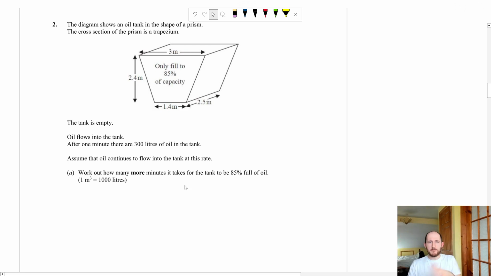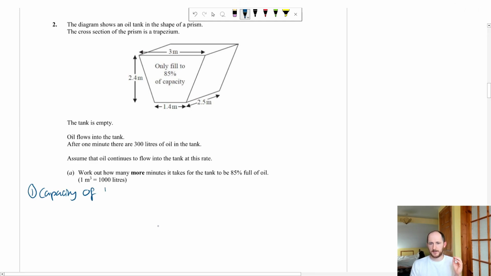Here's my thought process. I need to work out what 85% of the total capacity of this oil tank is, because if I know what that is, I can then work out how many 300s will go into it. For example, after 2 minutes there'll be 600 litres, 3 minutes 900 litres, 4 minutes 1200 litres. I need to know how many litres can actually fit in the tank before I can work out what 85% is. So the first thing I need is the capacity